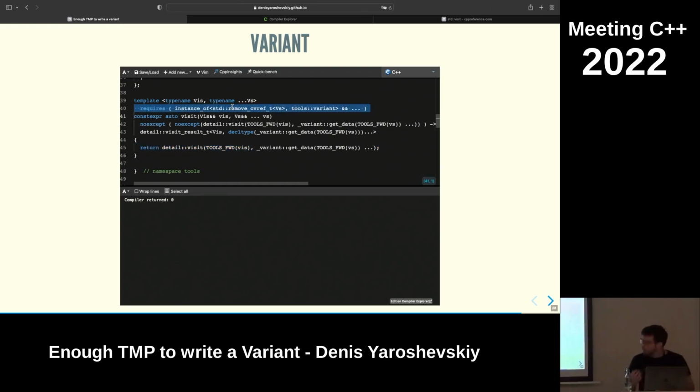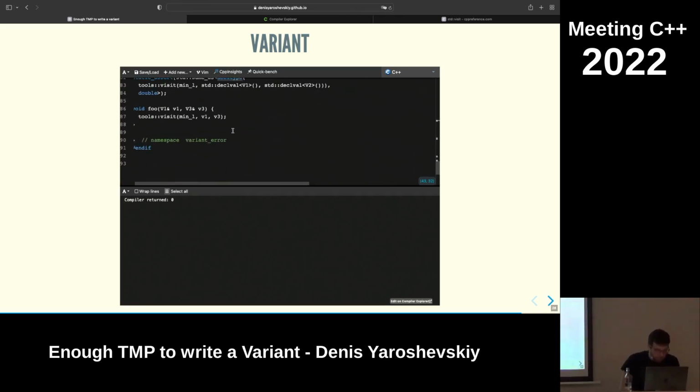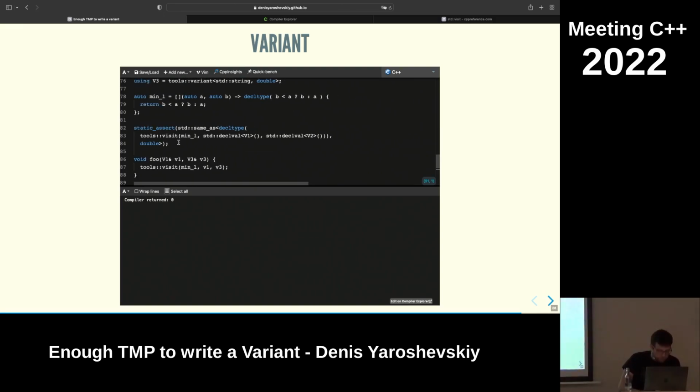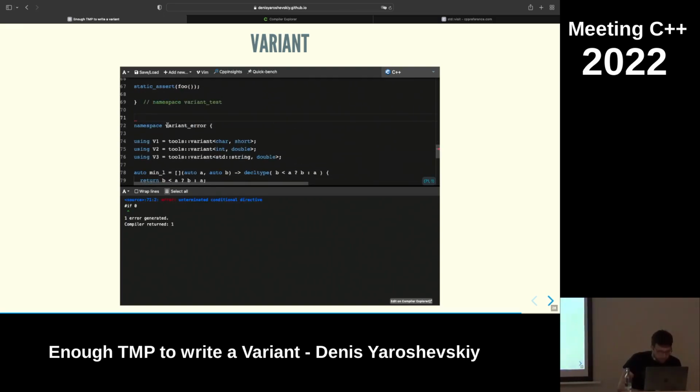There are all of the requirements, right? What are the requirements? All of the variants should be an instance of a variant. That's the first thing. Then noexcept: I'm writing noexcept here as if the detail is noexcept call, because that is computed correctly using our tools. And the result type: I have to duplicate here the same thing I wrote in the detail to get the nice error message, right? So it again works. I have here if 0, one sec, where is it? Yep. It says variant no type, non-invocable with the lambda and the parameters.